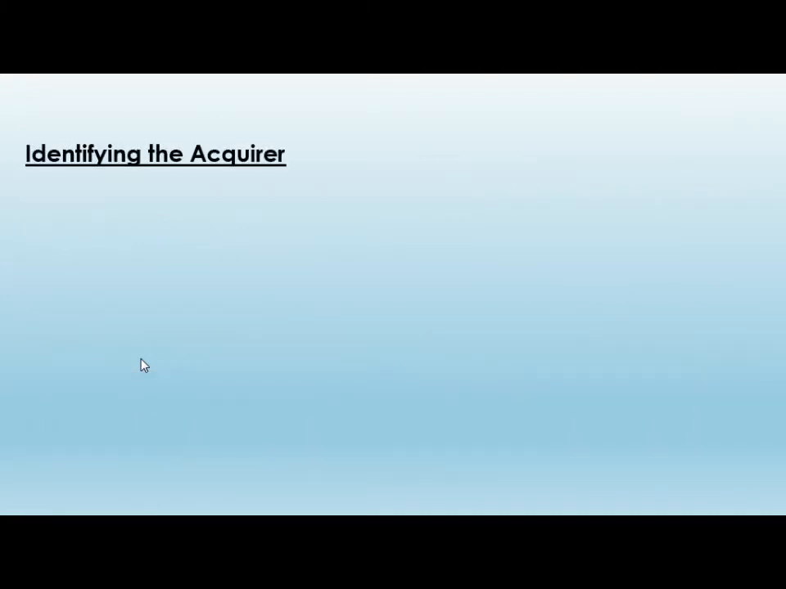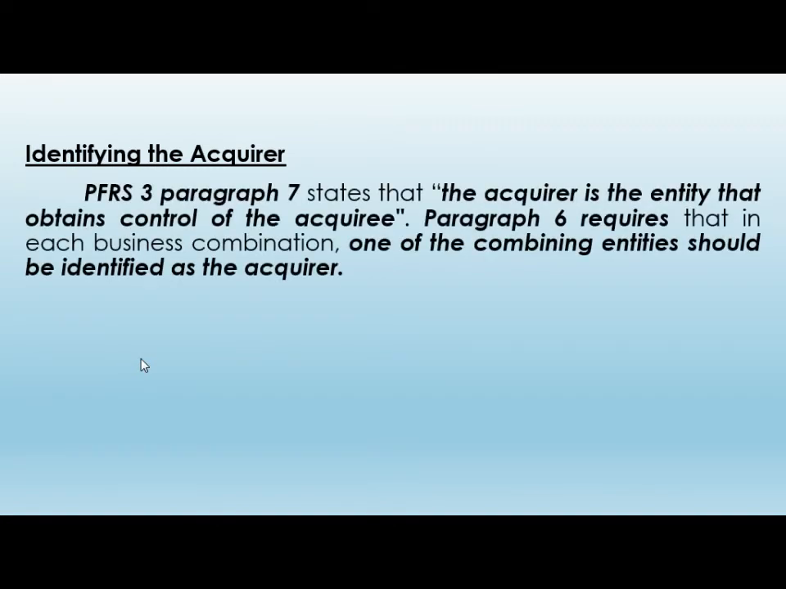So first step, identifying the acquirer. PFRS 3 paragraph 7 states that the acquirer is the entity that obtains